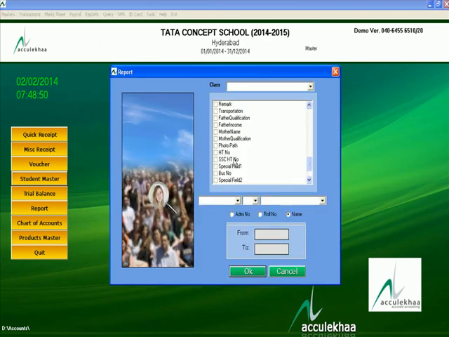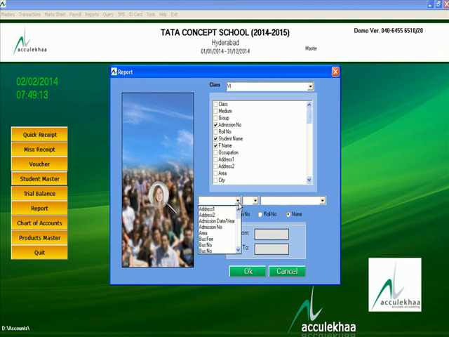In user defined report, suppose you want to get the data of one particular class, suppose you want the data of 6th class, select the class, select the options here whichever you want to print, take printout.